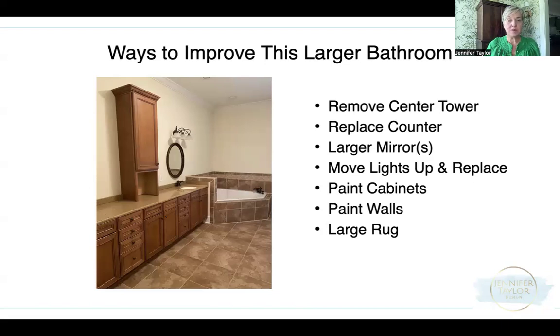And I'm going to tell you a funny story about this bathroom. The clients who hired me to do this bathroom were a young couple. They had recently gotten married, bought this home. We did the renovation, I would say maybe 6 years ago. And about 3 or 4 months ago, I had a lady reach out to me to help her on a home that she was wanting to do some updates on. And she told me that she was the original